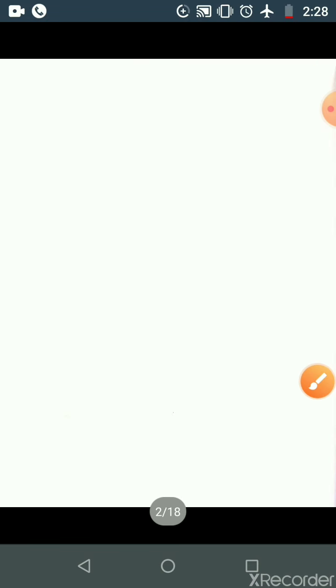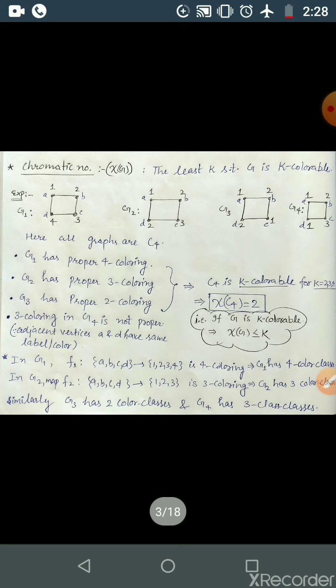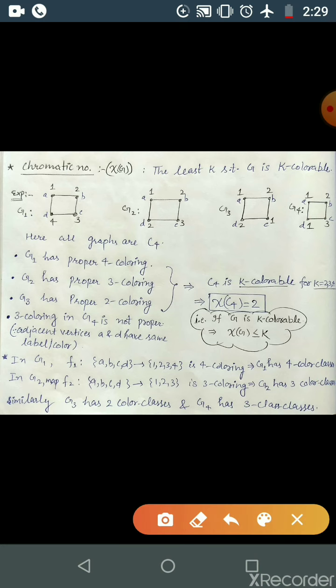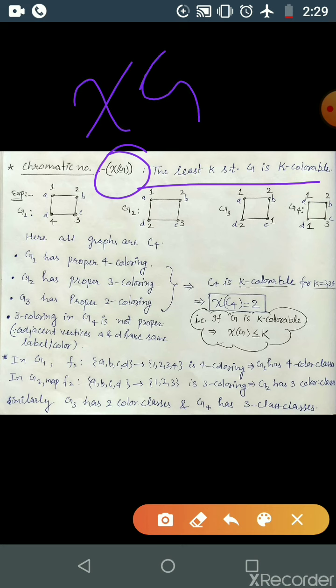I hope you understood. Now come to chromatic number. What do you understand by chromatic number? So a graph like P2 is 2 colorable, P3 is 2 colorable as well as 3 colorable, or you can just say in general Pn is 2 colorable, 3 colorable, 4 colorable and so on up to n colorable, correct. The minimum k such that the graph G is k colorable is the chromatic number. Okay, this is denoted by chi of G. So this is the chromatic number, the least k such that G is k colorable. Okay.